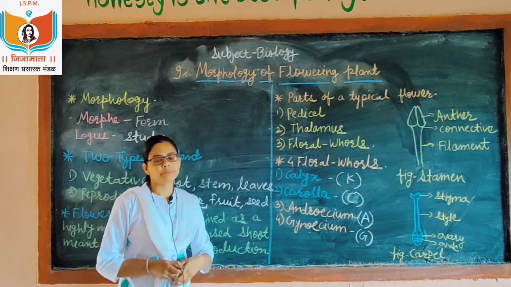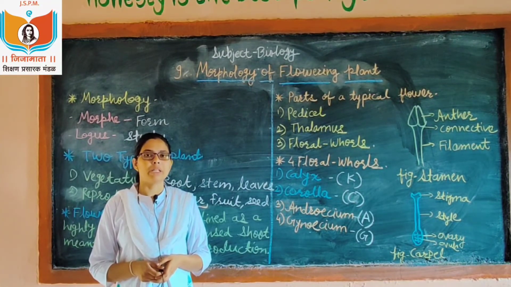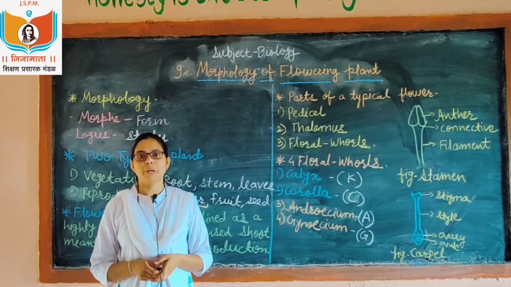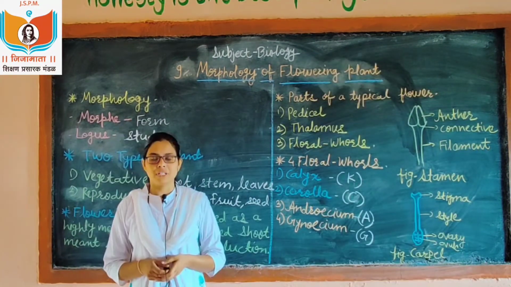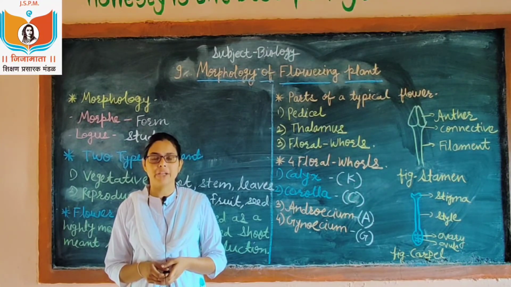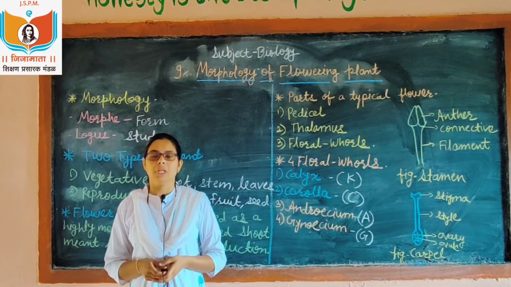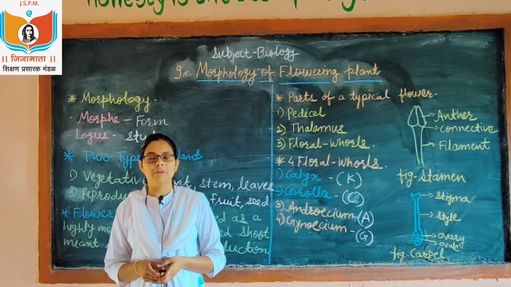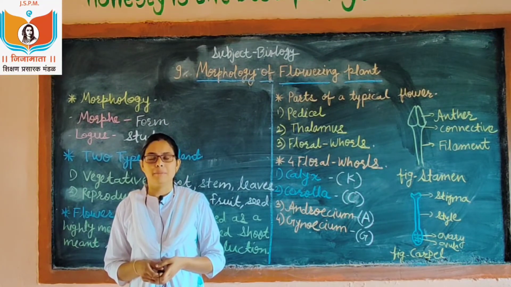First is the pedicel. Pedicel is the stalk of a flower. It is cylindrical and green in color. A flower with a pedicel is called a pedicellate flower. Example is China rose. A flower without a pedicel is called a sessile flower. Example is jowar. Functions of a pedicel: it holds the flower in a proper direction, it brings the flower to a proper height, it gives support, it conducts water, minerals and nutrition to supply the flower, and it produces attachment of the flower to the plant axis.